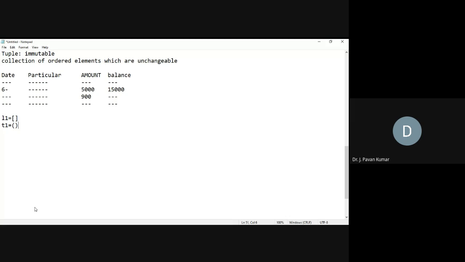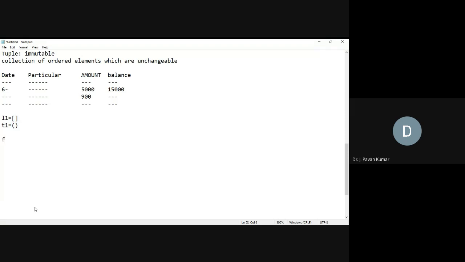Parenthesis in some other context we have used to identify what? To input and output and print? No. Parenthesis identifies a function, but in that context it was followed by some identifier.